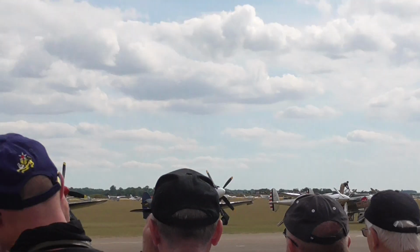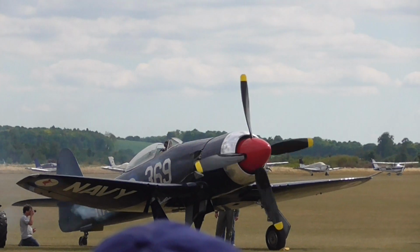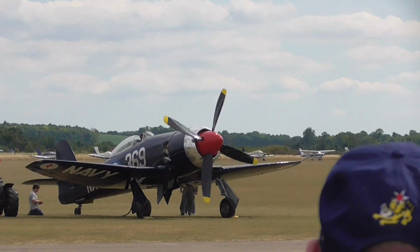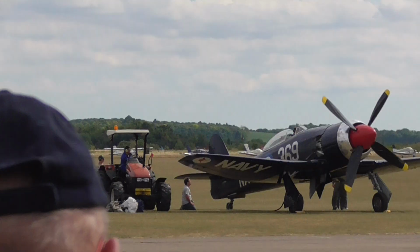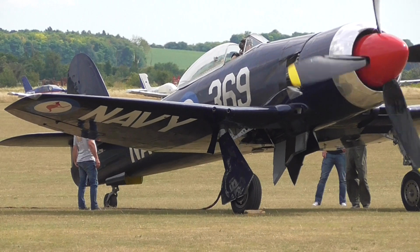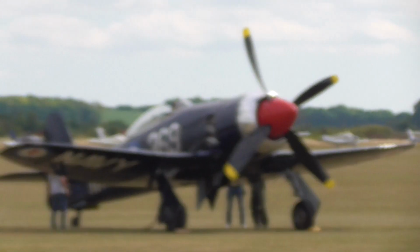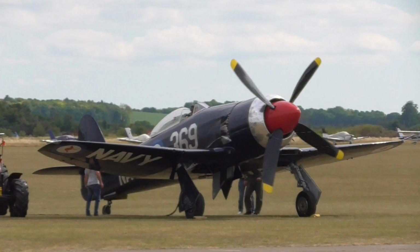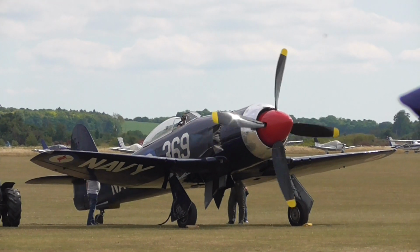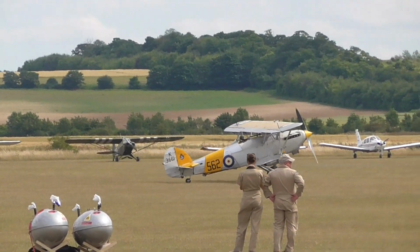Those biplanes are reminiscent of a period where the Royal Air Force was called the world's most comfortable aero club. These were the early 30s. And at the time, fighter pilots were young men driving little MGs. MGs? Yeah, MGs. There's one behind, a cream one. Two vital skills to be in the RAF: you had to be a very good aerobatics pilot, and you also had to play tennis very well. Yeah, and you had people like the young Douglas Bader flying aerobatics so low that he ended up in a pile of scrap and lost both legs, and later became the legend